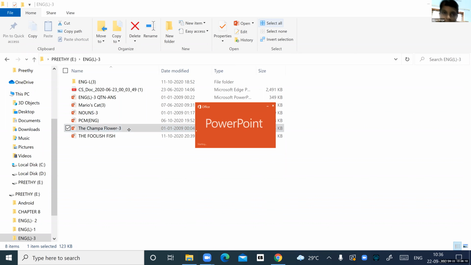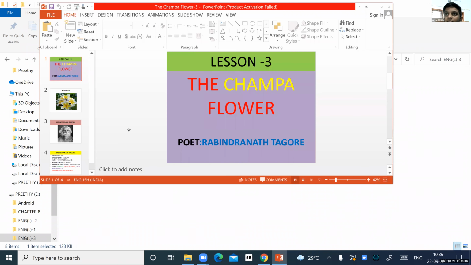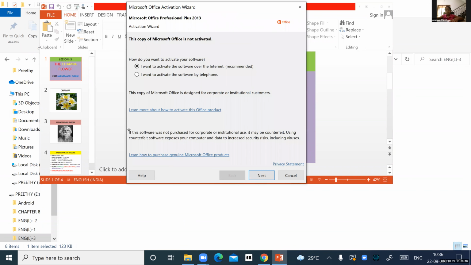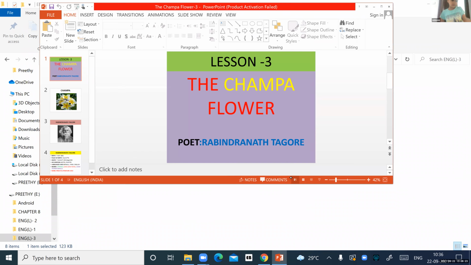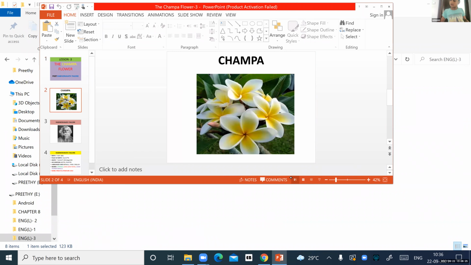What does it look like? Looks like this. Can you see the shared screen?